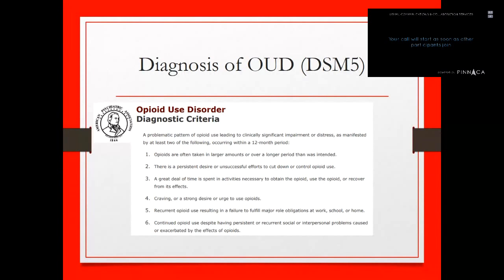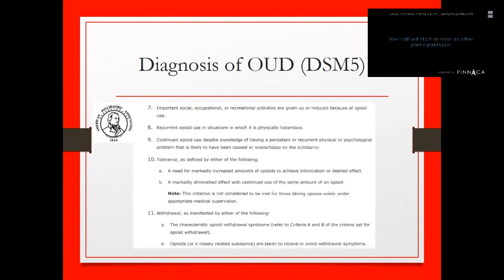They'd like to cut back because of their constipation, which is a physical problem caused by the opioids, but they're unable to cut back. When they try to cut back, they feel withdrawal symptoms or their pain recurs. So even without using criteria 10 and 11, you can meet 2 or 3 criteria for opioid use disorder, which puts someone in the category of mild opioid use disorder.